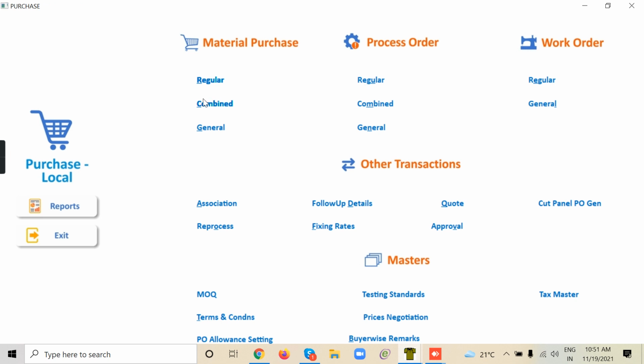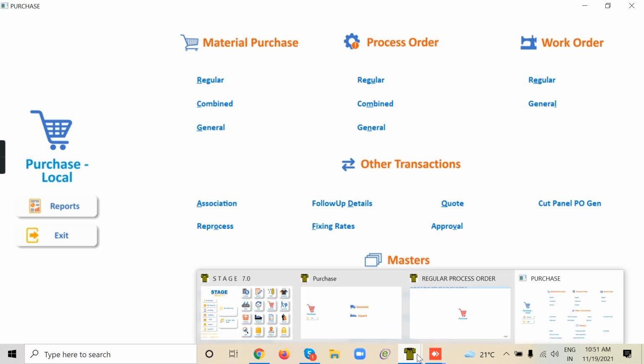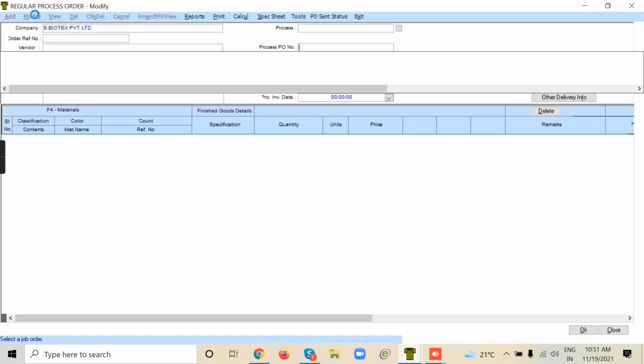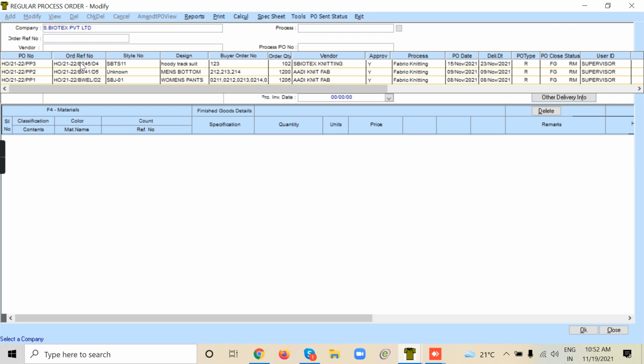Okay. Let me show you the service purchase orders. Here you can see these are all knitting orders.